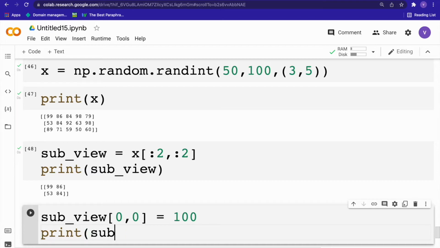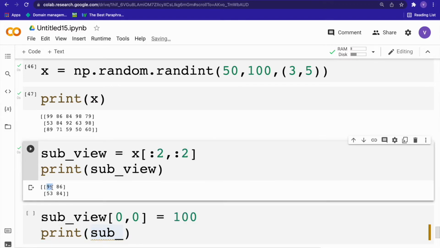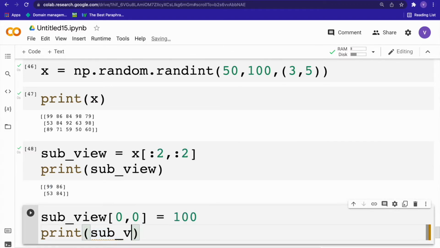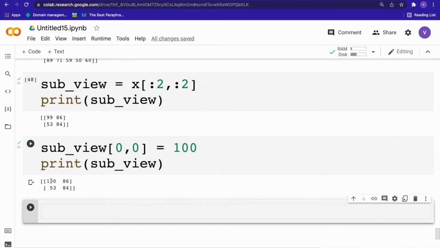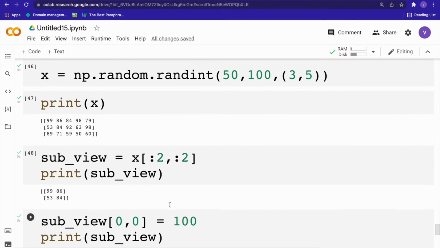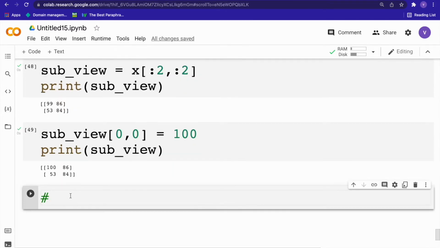The value at the first row and the first column, which is 99 here, has it changed or not? So yes, it has changed. Now the best part is to check whether the value has changed in the original array. The name of the original array was x, so let's print x,